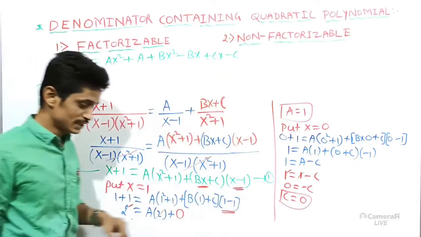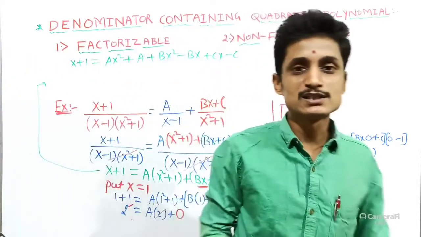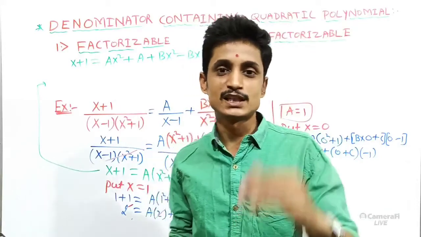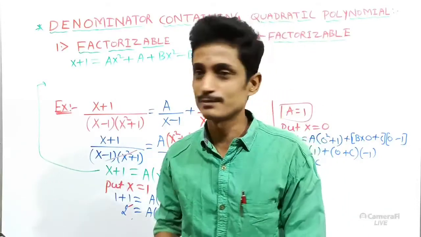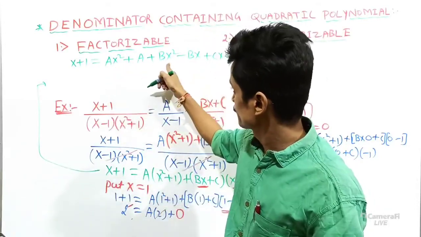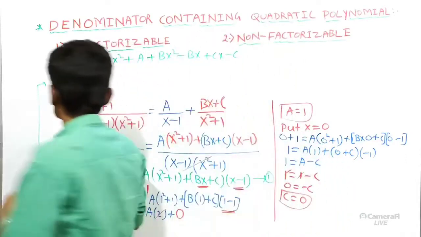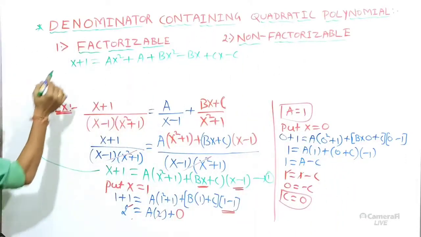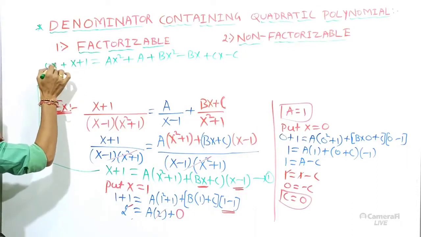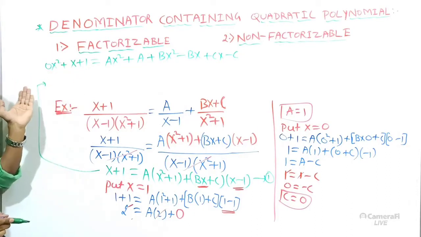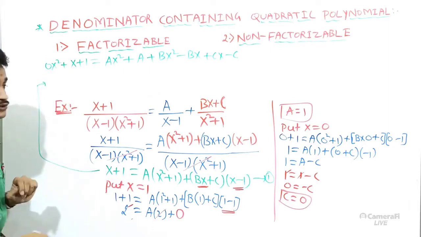I told in the last class, two polynomials are equal if and only if their corresponding coefficients must be the same. Here x square term we have, but here there is no x square term. Simply these two polynomials will be equal, means what can I write? 0 times x square. What term have I taken? The coefficient 0.